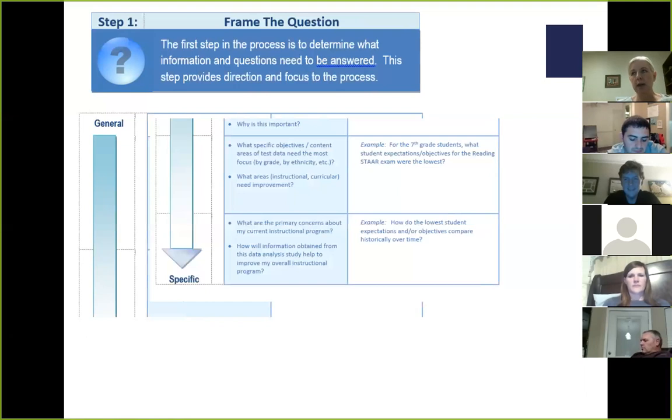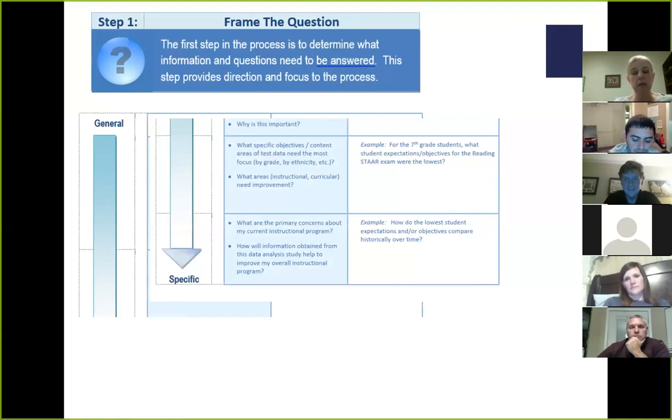Then once you do that, you continue this process and you break it down even more. So let's take my fourth graders as an example, and they're not doing very well in math. Well, when I look at my students by group, my white students are doing pretty well. My Hispanic students are doing pretty well, but maybe my black students are not performing, or there's a gap between those achievement scores. So then I'm going to focus on my black students, and I'm going to break it down